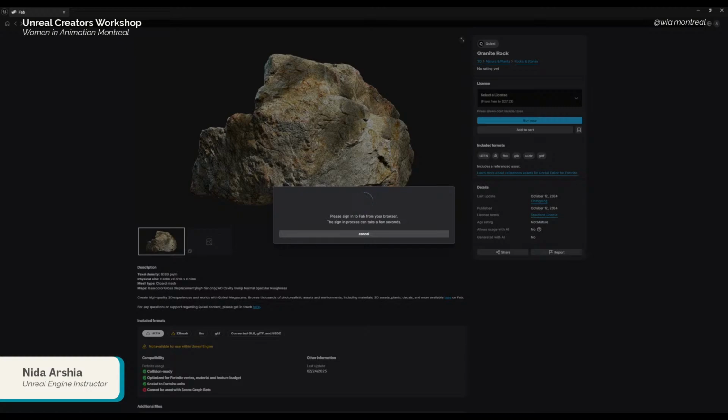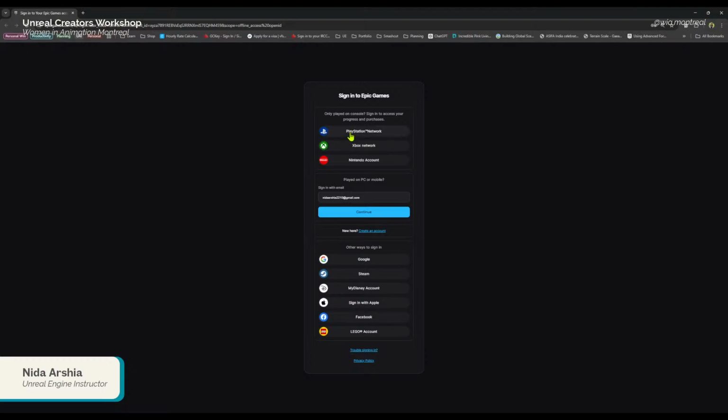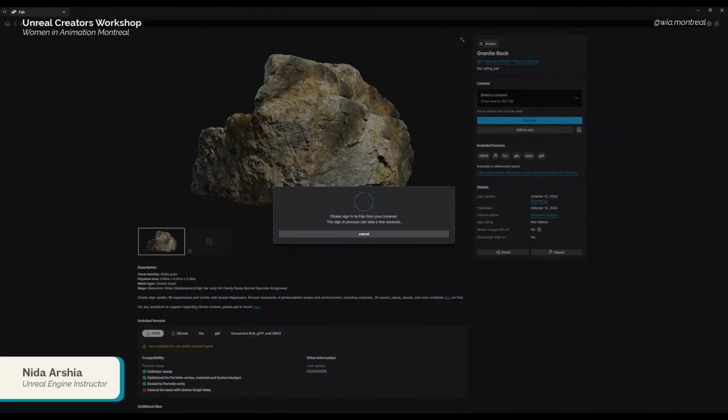The login that you require for working with Fab is the same that you're using for Epic Games. So you can use the same credentials and your account will be good to go.